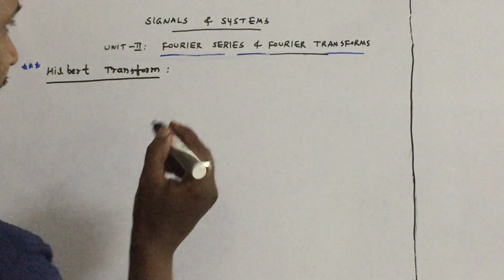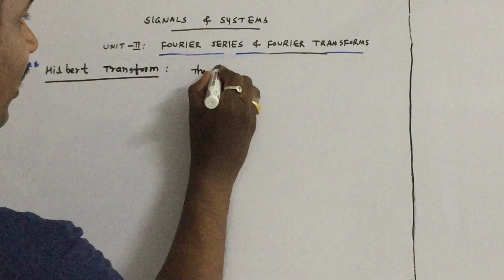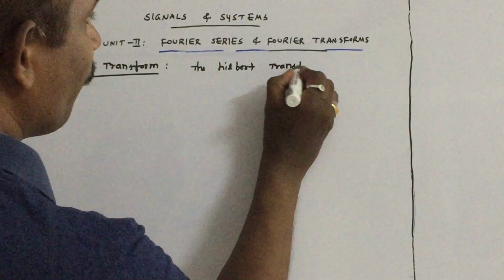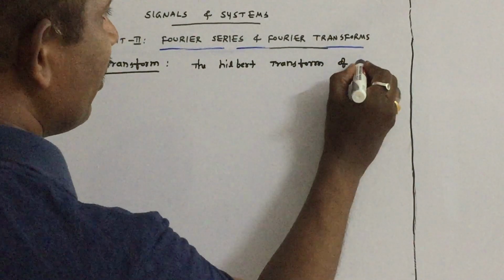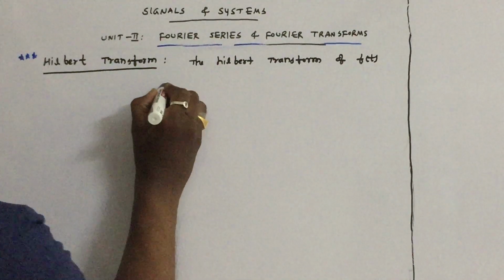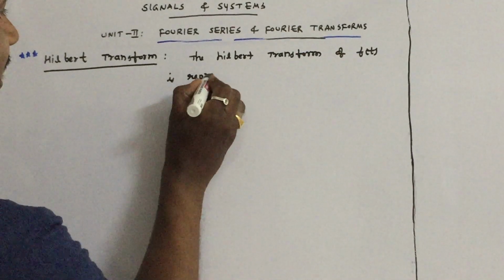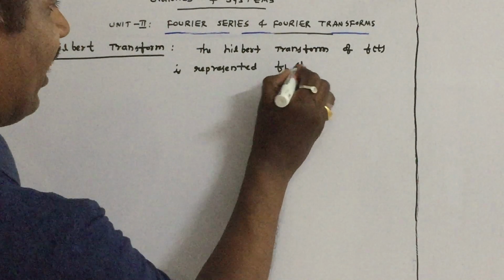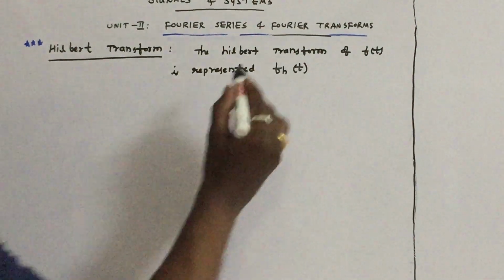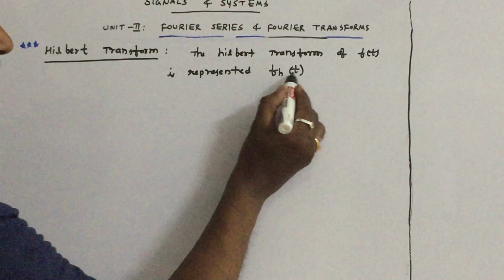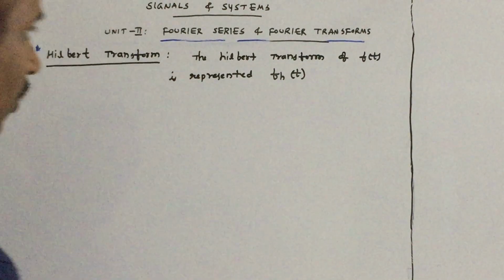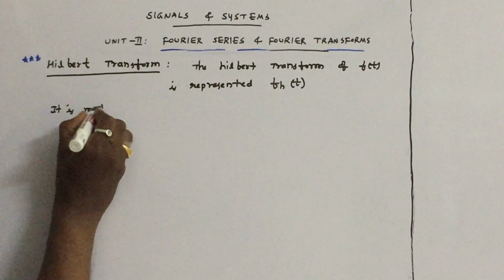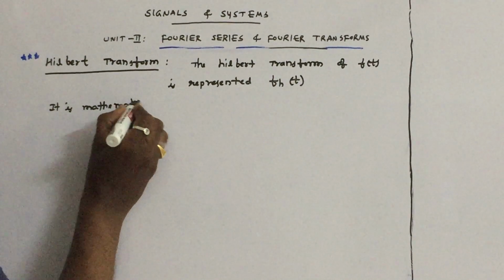So first let us see the Hilbert transform of a function f of t, which is represented as f_h of t, where h stands for Hilbert transform. Remember that the Hilbert transform of f of t is represented as f_h of t. So therefore it is mathematically defined as